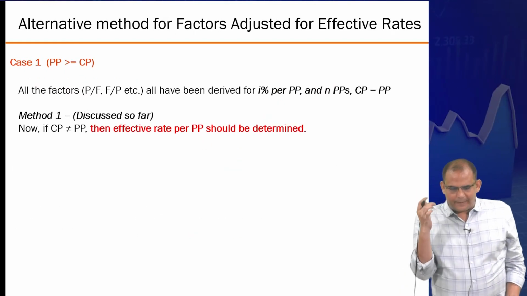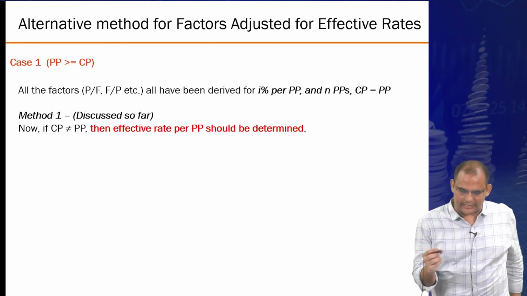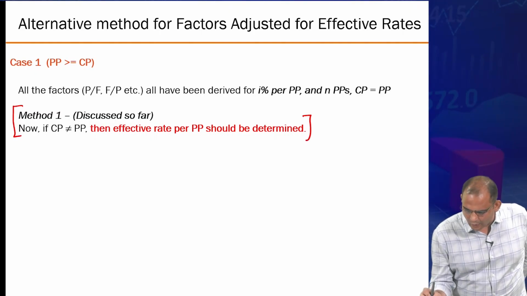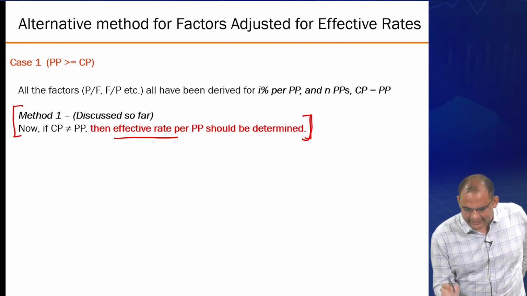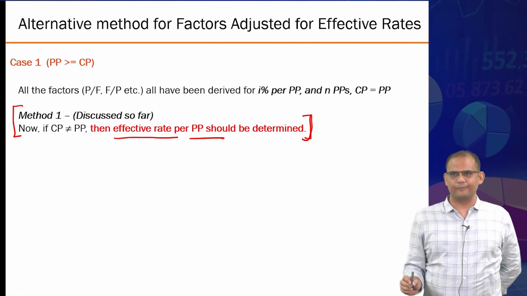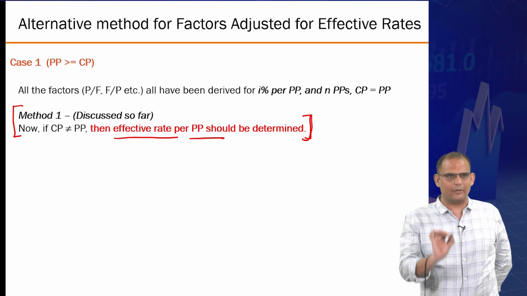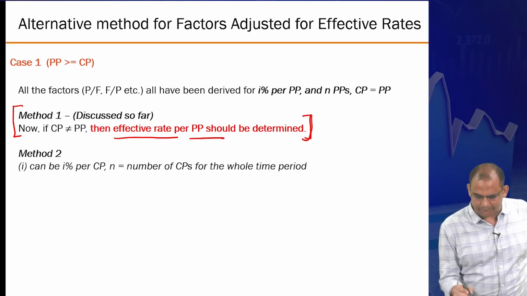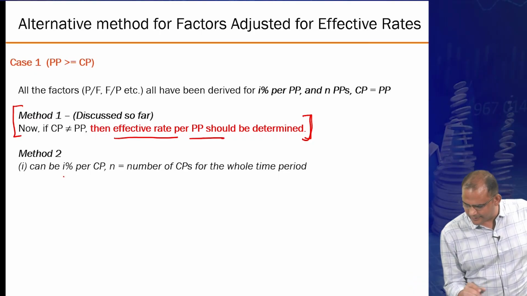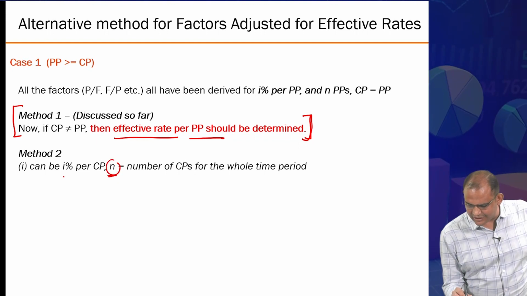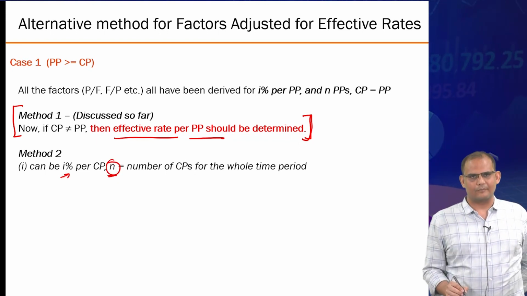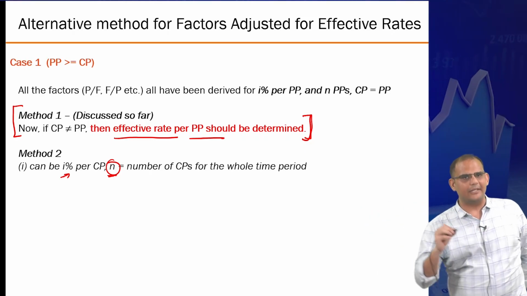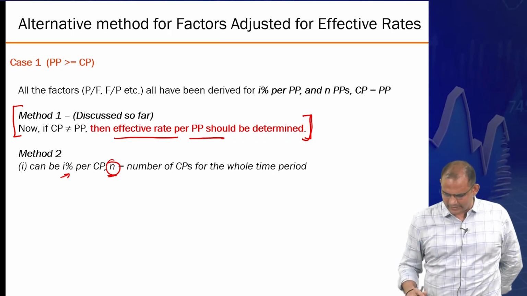All right. Just an error that I wanted to highlight, and I think we'll be reaching towards the end. So far, what we have discussed is to always change to the effective rate per payment period. That's the golden rule I am giving to you. But in some cases, you will have an alternate possible. For example, let's say you have this. Essentially, you are changing n instead of i. You try to make n the number of compounding periods instead of changing i to be equal to per payment period. Right? How to do that?